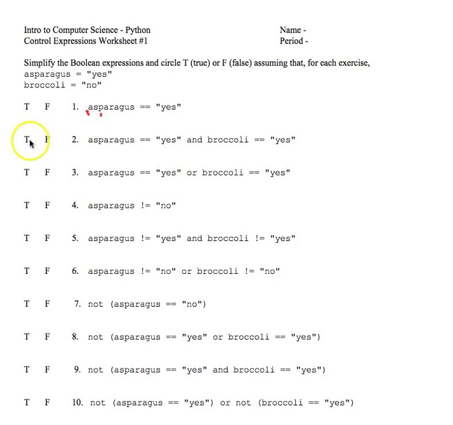Mr. Minnick here, helping my students with control expressions worksheet number 1. At the top of this worksheet, it all works in such a way that the line of code asparagus equals yes, and the line of code broccoli equals no executed in the Python program. And you're supposed to interpret the rest of the worksheet with those two lines of code having executed, which really means that anywhere that you see asparagus, you could think of that variable as actually being the word yes, and